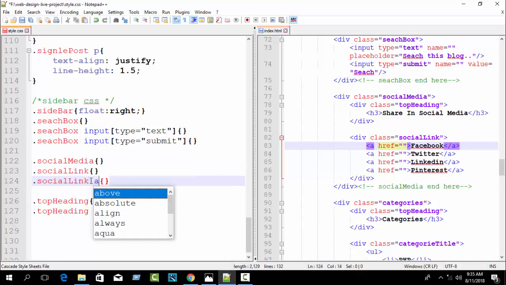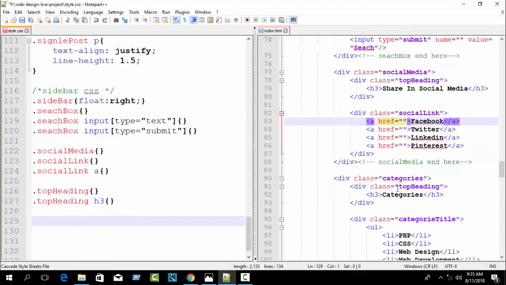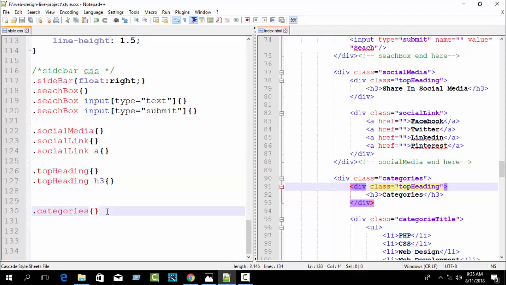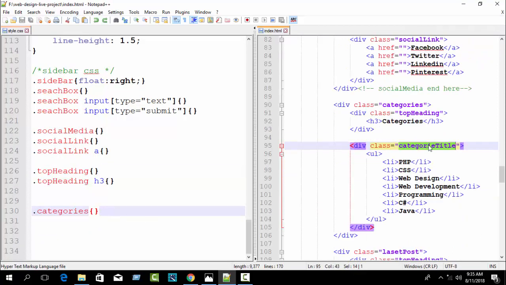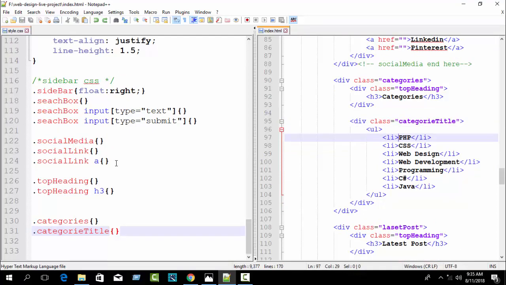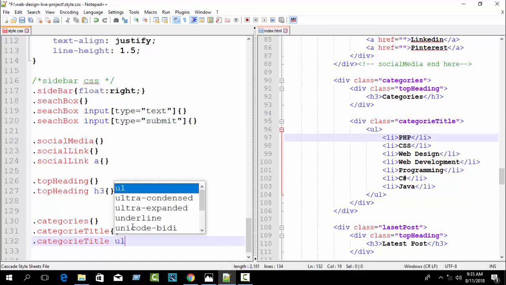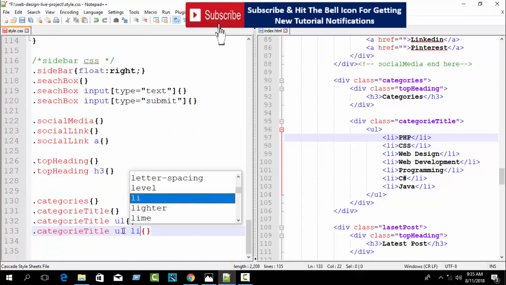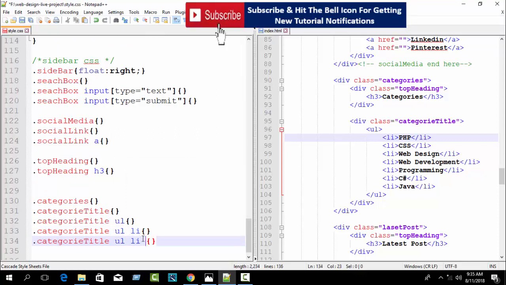Okay, write A, and then our categories class. For the categories, the top headings we have already written, so we don't need to write them again. Then the categories title. Inside our categories title we can see ul and li. So here write categories ul, Ctrl+T to duplicate the line, categories ul li, Ctrl+T to duplicate the line, categories